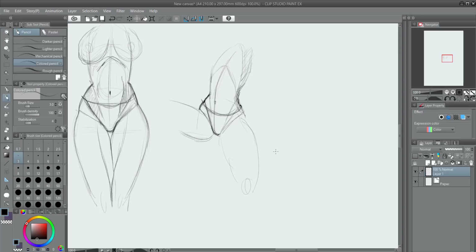Thinking in 3D really helps a lot as well. So coming down with this M shape, now I know that from the front view, if this was front view, the M shape would actually come right around here because this is the front of the leg. That is the side of the leg. So we're actually seeing the side of the leg right here. In other words, if she's wearing pants, this would be the pant line, the seam.